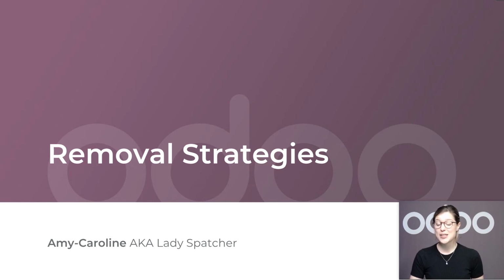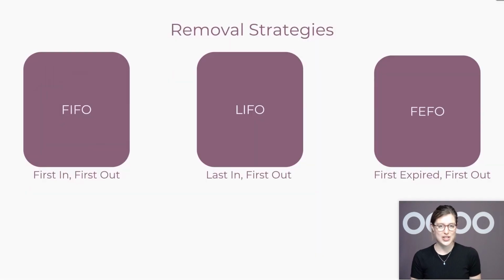Since everything needs to be done quickly, Stealthy Wood requires good inventory automation where the products are automatically selected when a sales order is triggered. The goods can be automatically selected based on a set removal strategy and then assigned for specific deliveries. I can choose between 3 different strategies: FIFO, first in, first out; LIFO, last in, first out; and FEFO, first